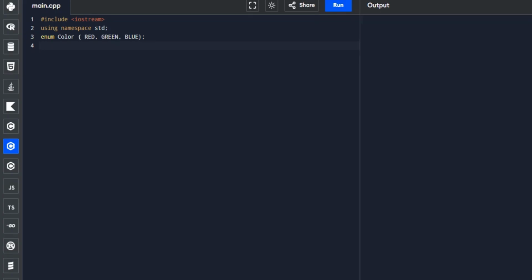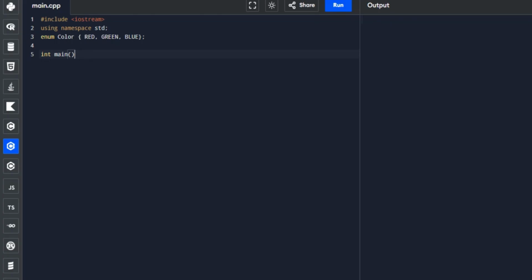Next, we will be making our function. We make this one because this is where our program execution begins.